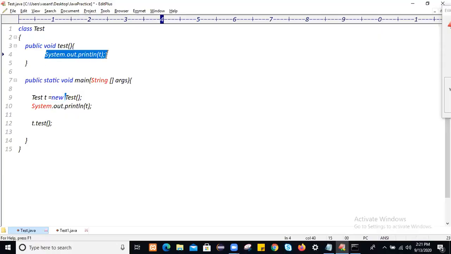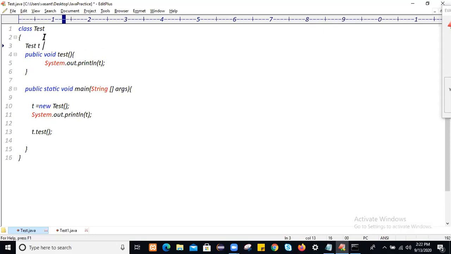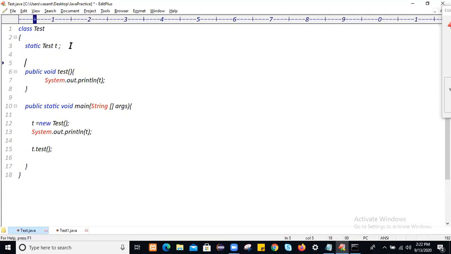So to overcome the drawback of this, we can go with a class variable, a static reference variable. Before using this variable, we will initialize it. Simply what we will do, we'll create the reference variable at class level, so that we can use this reference variable throughout the class, in static and instance areas. If you don't initialize any variable at class level, by default it will hold a default value. The default value for a class type variable is what? Null. So any variable which you create of class type, the default value is what?